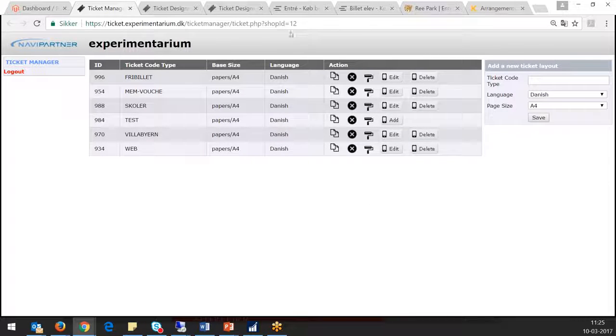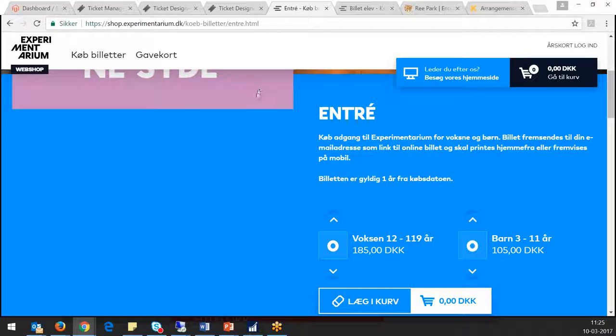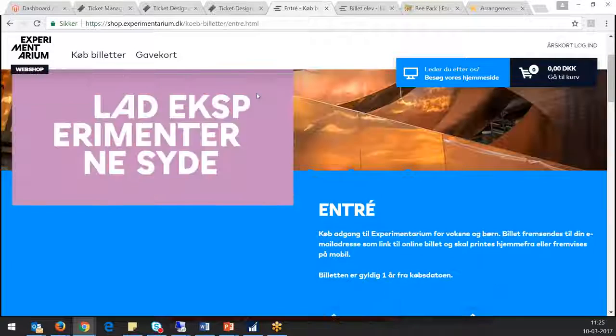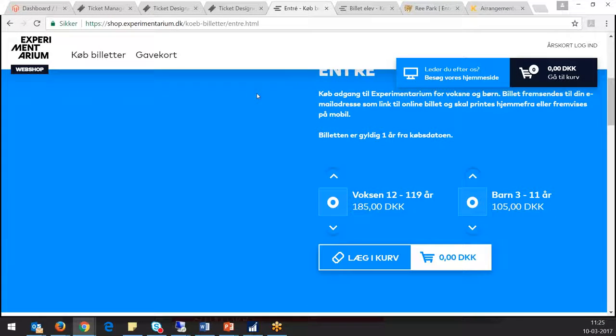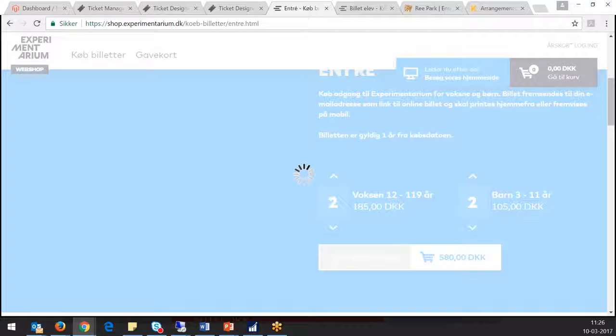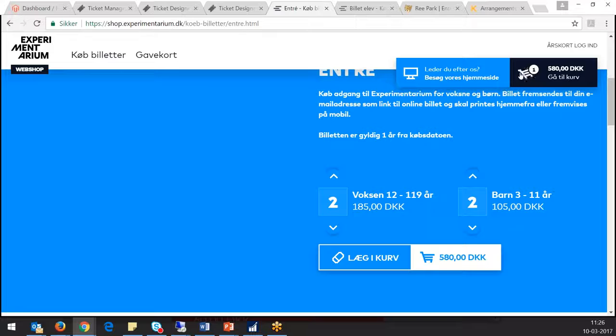And what does it look like when we buy tickets? Well, Experimentarium is a pretty good example of this. We've got the general admission tickets here. The design itself, of course, could look very different from customer to customer, but Experimentarium wanted to have the possibility of buying adult and child tickets on the same ticket. So these are set up using the variants variety system in Navision, and you can just add on these. When you add it to cart, everything is fine,